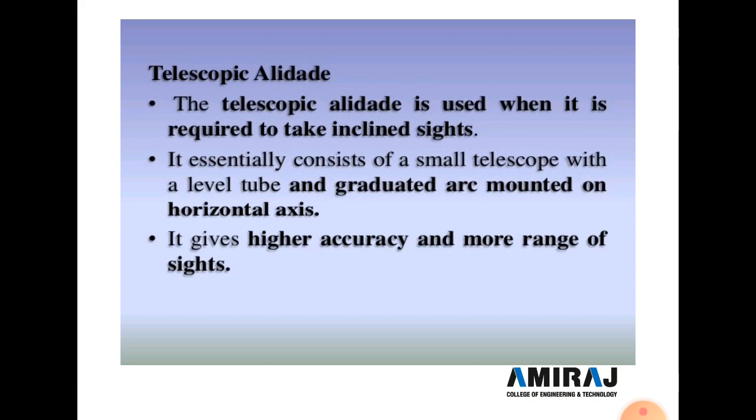Now the second type of LED is a telescopic LED. The telescopic LED is used when it is required to take an inclined sight. Inclined sight means your plane table is set at one level, and the other point you want to see is at a higher level. So at a high level means you fix your plane table on the ground floor, and on the first floor you target a point, so it's an inclined sight. Clear? So at that time a telescopic LED is required,